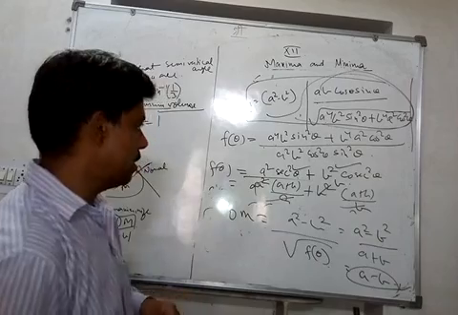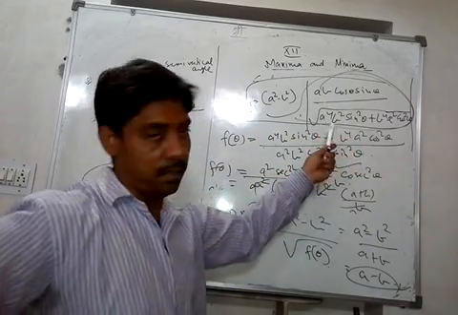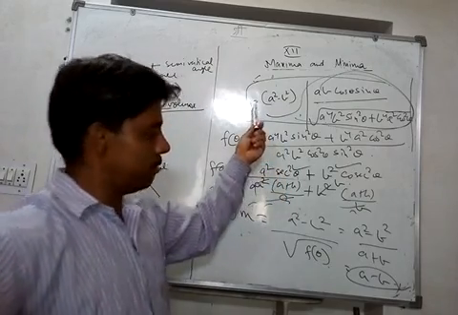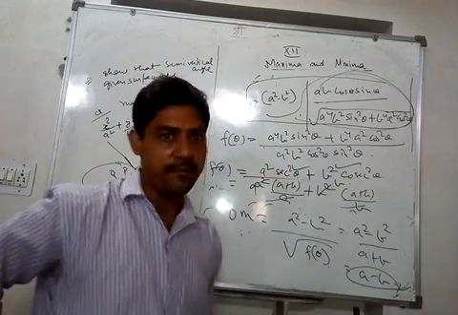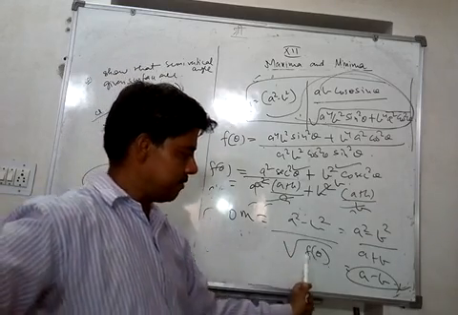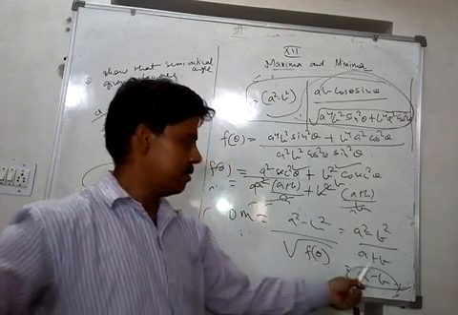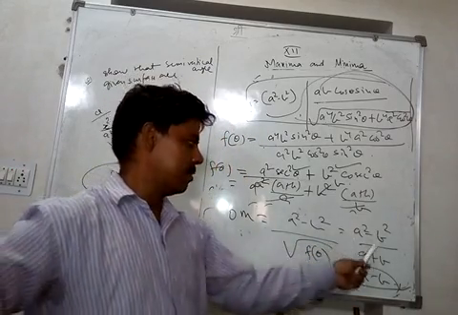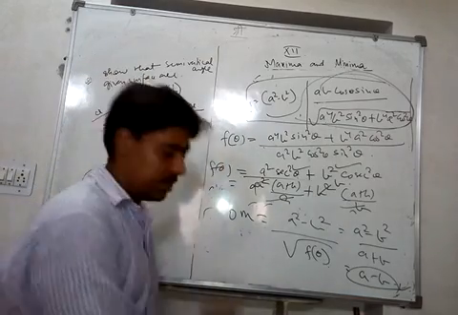So in this question, f theta comes out to be this; we have taken it without the root in order to differentiate it better. So the minimum value of f theta gives the maximum value of OM. OM is a square minus b square upon root f theta. Because this is constant, we just have to look at this. Minimum value of f theta is a plus b whole square. Therefore, the maximum value of OM is a square minus b square upon a plus b, that is a minus b. So that is a very good question on maximum and minimum.